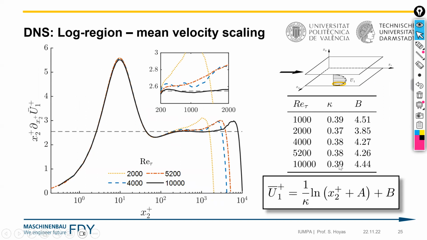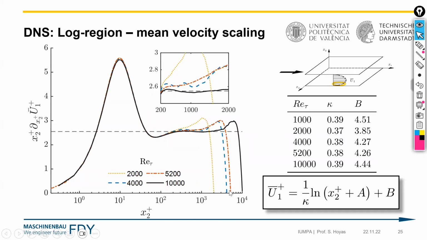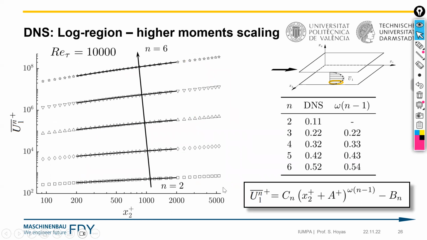And this is a value that is very important in simulation. This is the Karman constant. The Karman constant is a number that has been changing a bit. With this simulation at 10,000, we have got a very good value for von Karman. And moreover, we have been able, as I told you, to prove mathematically this formula. And also, at the center of the channel,